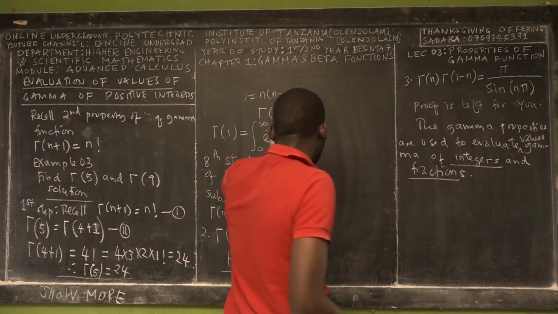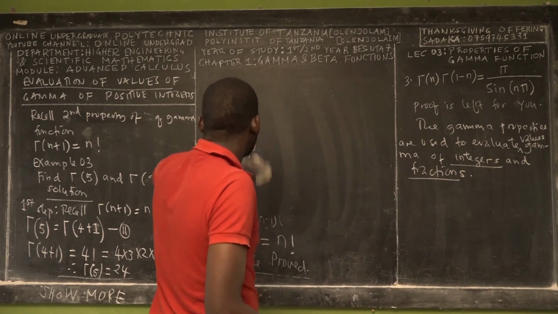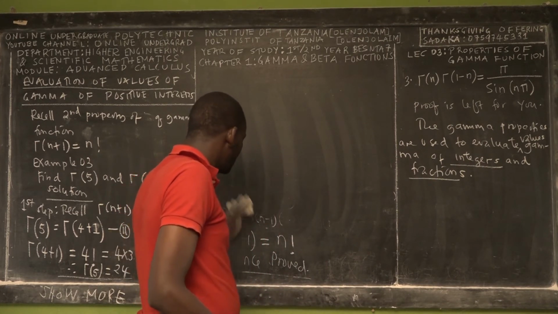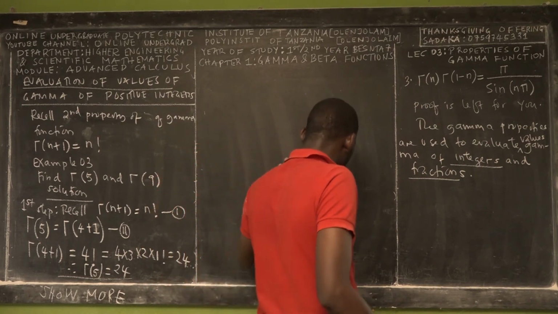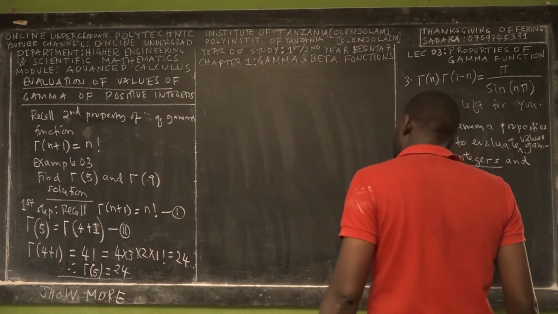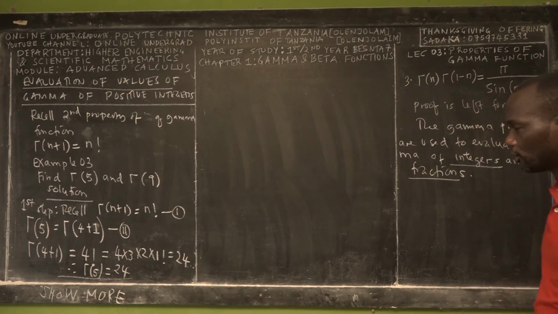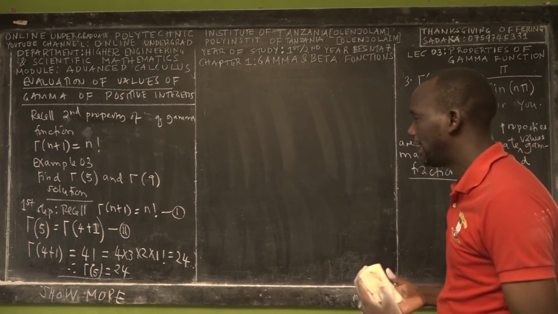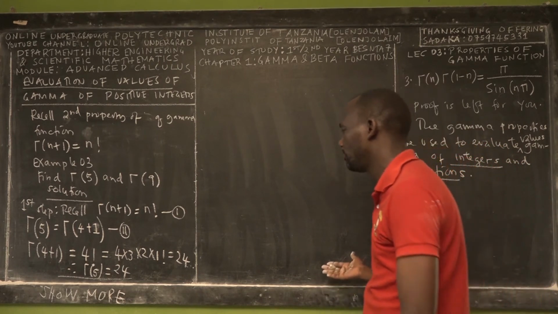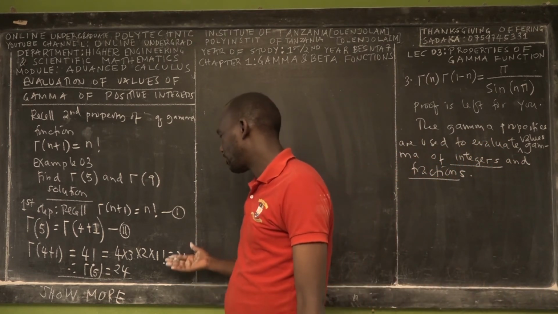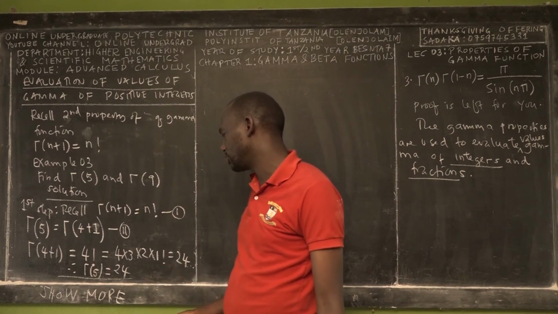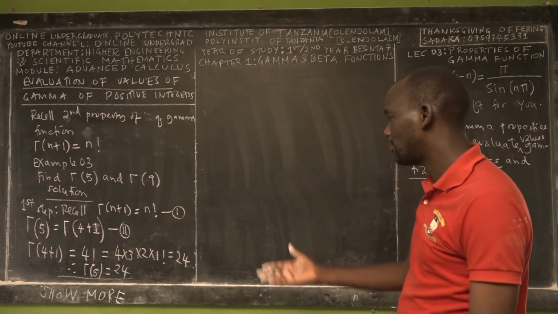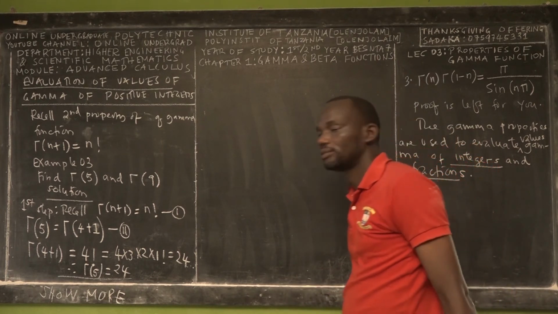Don't expect that you'll find questions of evaluating gamma of 5 in the exam, but this is a foundation. This is the subpart of the long questions that we are going to solve in gamma integrals. We'll be solving a question following maybe 5 steps, and then in the last step, to find the value of the particular integral using the gamma function, we apply this property, which is gamma of 5 is equal to 4 factorial.